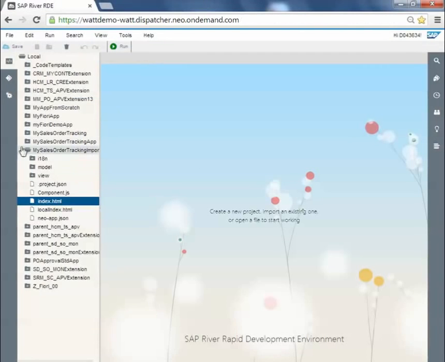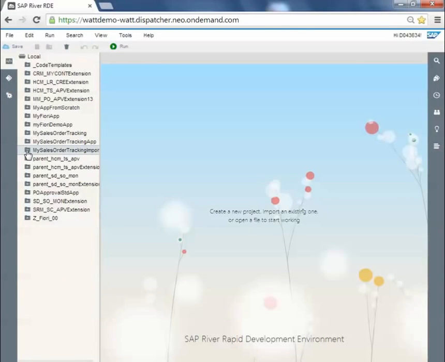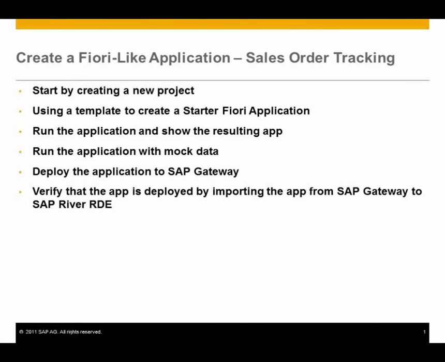So this concludes this demo. So we have seen how to create a Fiori-like application. We started to create a new project. We have been using the template, which helped us to create this starter Fiori application, defining which OData service to be used, mapping the master detail fields. Then we run the application to see the resulting app. We deployed the application to sub gateway and re-imported it back to our